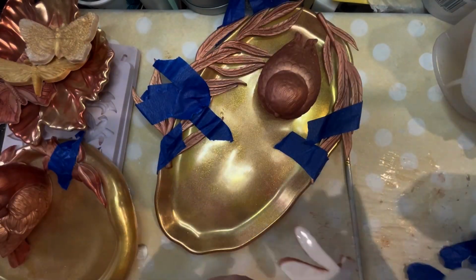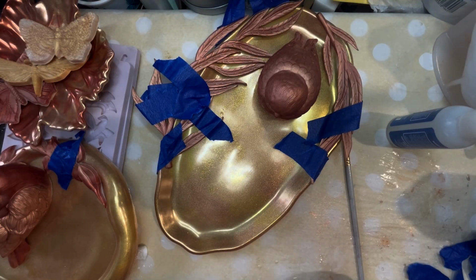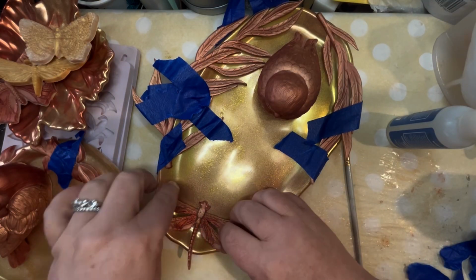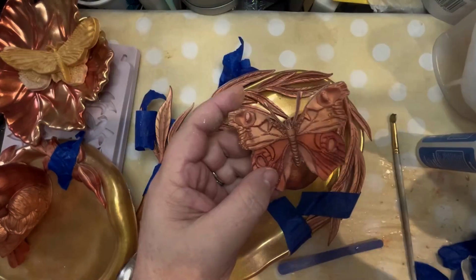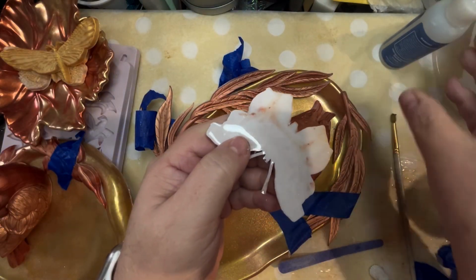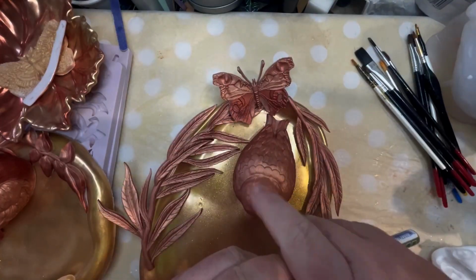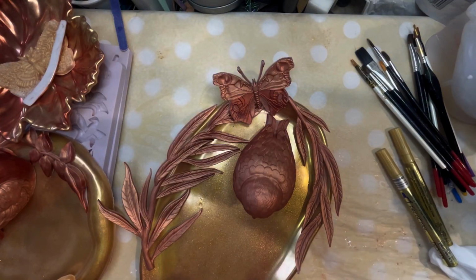So here we go, we're going back and doing the dragonfly. It's a little bit on there. I'm just moving it around with a little brush there, and then just applying some pressure to get it to stick down to the tray. Now I also decided to use this butterfly. Now yes, you will see the underside of the butterfly. I am going to go back and just paint that, I think probably in the bronze or the gold, just to blend it in. Now this is everything stuck down where I want it to be,